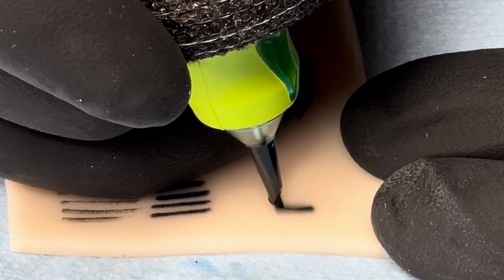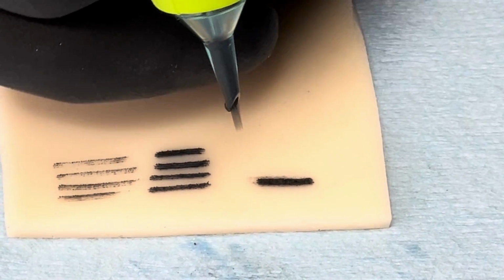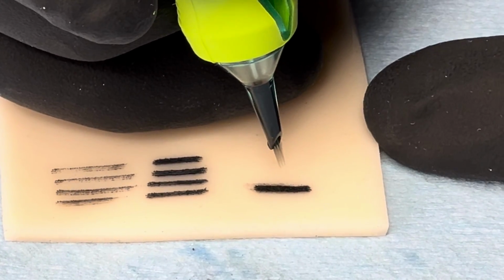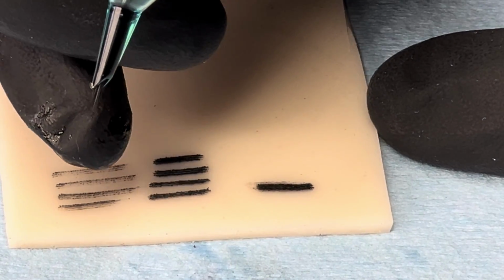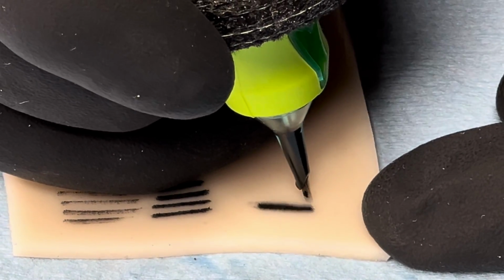So you can see I'm getting skips and snags. That means I'm pushing down a little bit too hard within the line. Now I know this may look solid and saturated, however, this sort of approach would be damaging to the skin. When this heals on human skin, it may have a sort of raised feel to it. We shouldn't be able to feel our tattoos. They should be smooth just like the skin that they're on. So if we go over here,